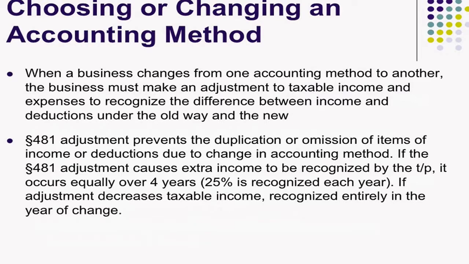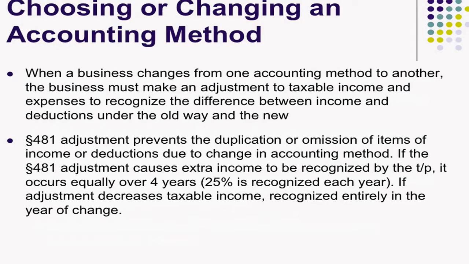This is called a Section 481 adjustment. It comes from Internal Revenue Code Section 481. And the reason behind the adjustment is this. If you're going from a cash method, for example, to an accrual method, what might happen is you could either duplicate income or omit expenses, but something could happen to your income and your expenses where they're either duplicated or omitted in one way or another. 481 is designed to say, okay, we're going to fix that. And how are we going to fix that?